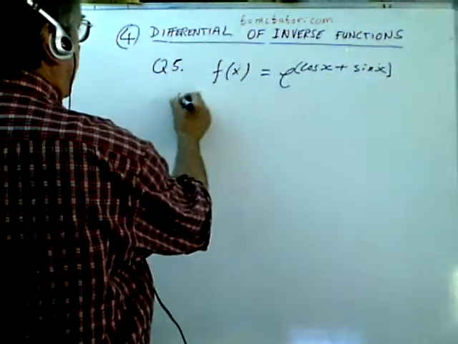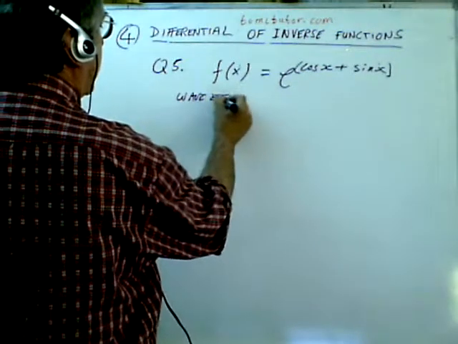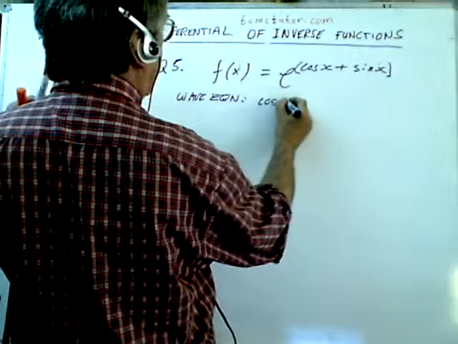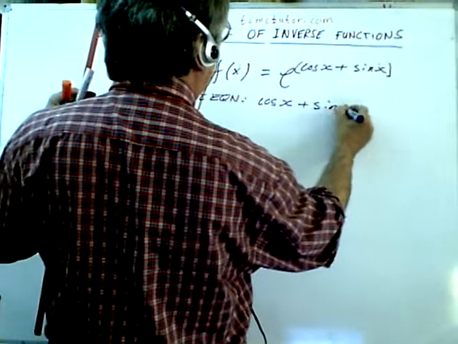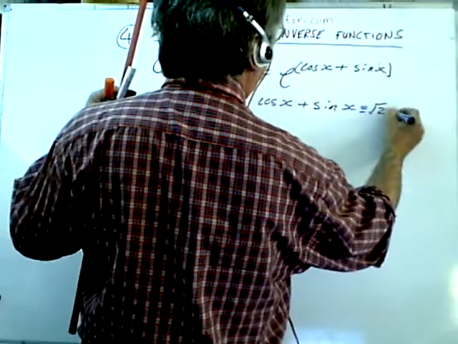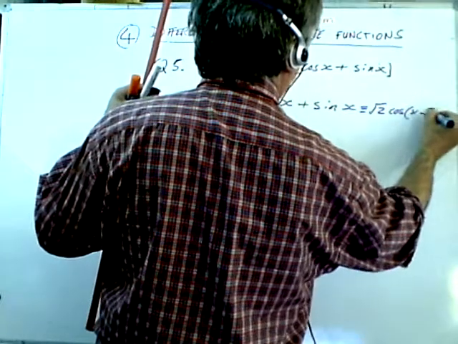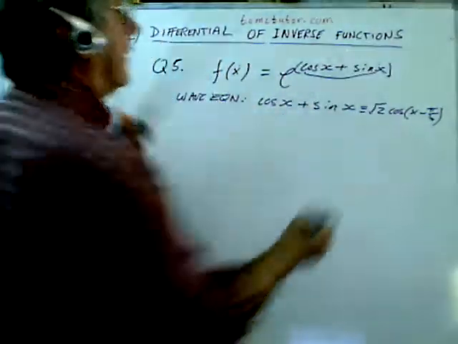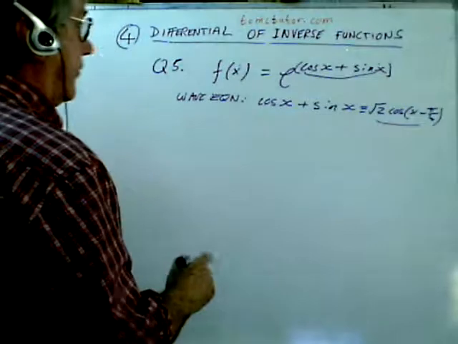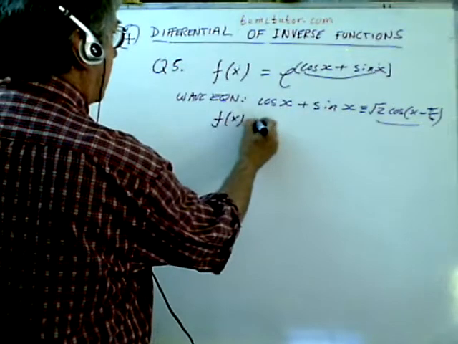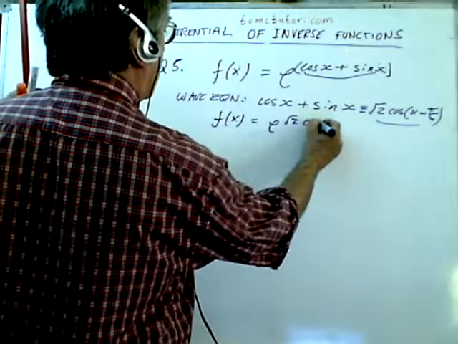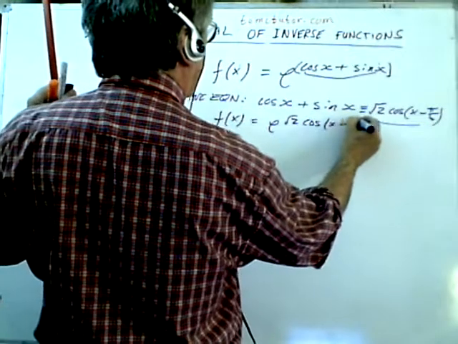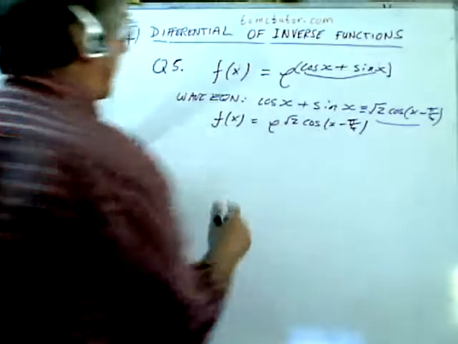Not really. Because in this particular instance, we can just use the wave equation, and the wave equation gives us that cos x plus sin x is identical to the square root of 2 times the cosine of x minus pi over 4. Okay? And that's good, because we can then replace that exponent by a single function of x. So f of x now becomes simply e to the square root of 2 cosine of x minus pi over 4. Okay, and just to remind you that this function